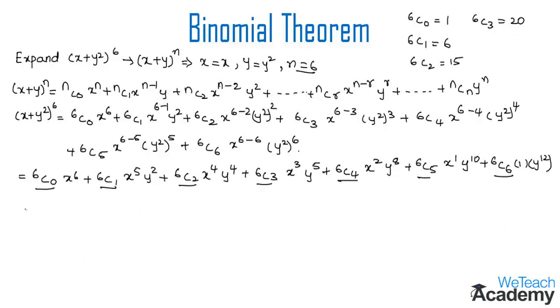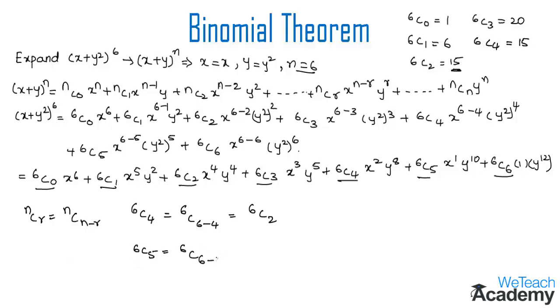We also know the formula nCr is equal to nCn−r. So now let us find the value of 6C4. This would be equal to 6C6−4, which implies 6C2, and we have the 6C2 value as 15. So the value of 6C4 would also be 15. Similarly, by applying the same formula, we can find the value of 6C5. It would be equal to 6C6−5, which is equal to 6C1. So we have the value of 6C1 as 6. So the value of 6C5 would be